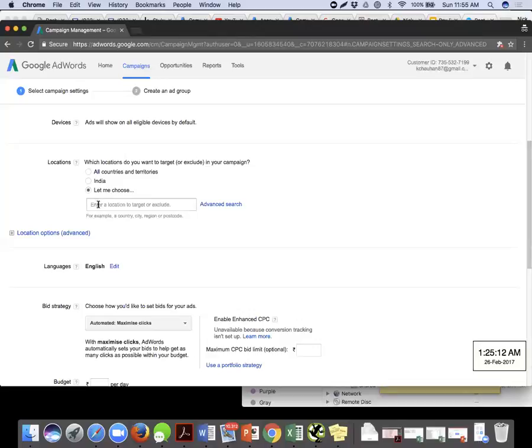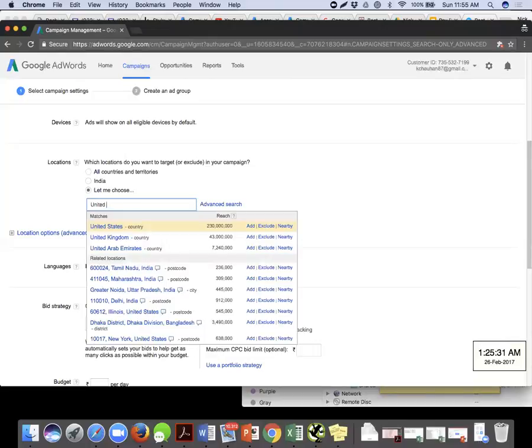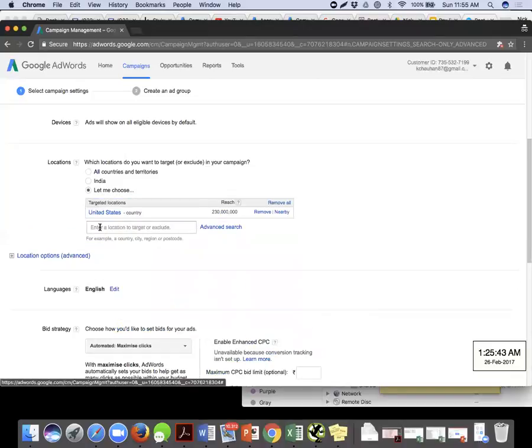In a real-world example, we would definitely like to go for a small state, for smaller targeting and so forth. But in order to learn, I'm asking you to pick and choose, let's say, a country like the United Kingdom, Australia, and so forth. Let's try to add it. You guys can also do it simultaneously. As you can see, it says United States. We can add United States. The moment we type United, all the options have come in. We can either add United Kingdom or United States, whichever one. It's just that we have to click add. All right, so United States got added.